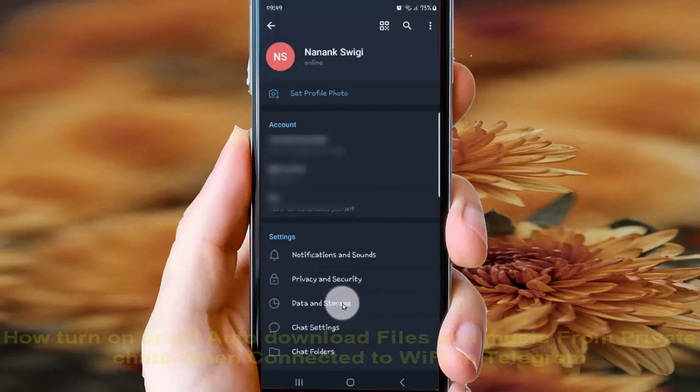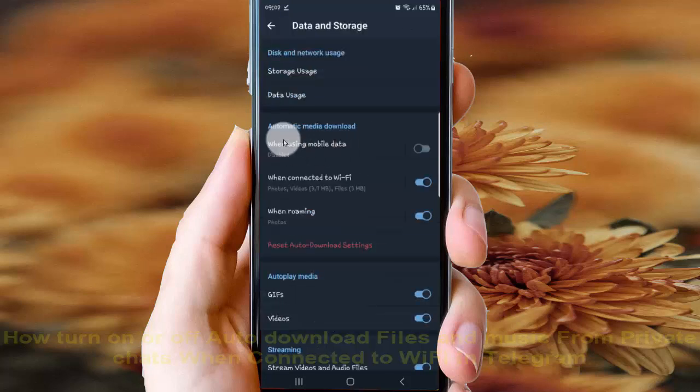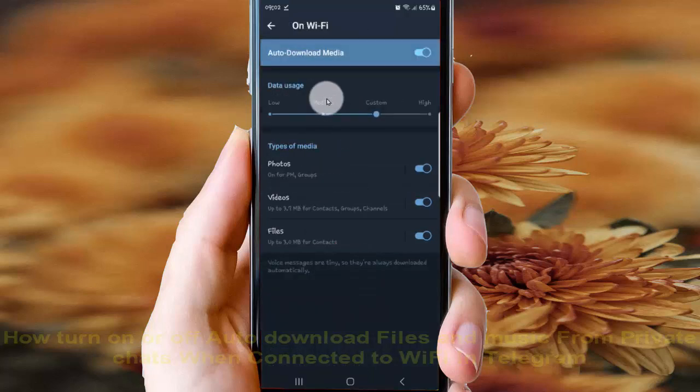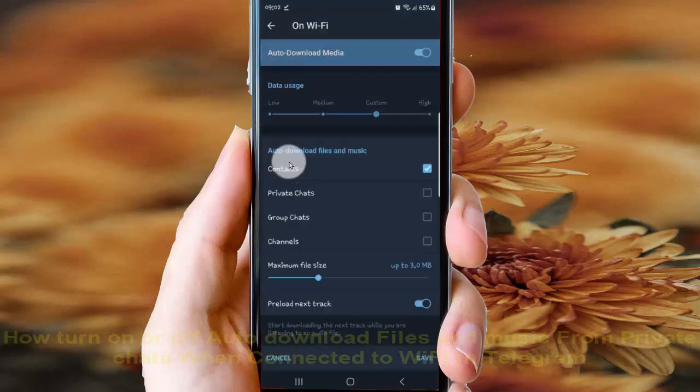and then tap data and storage, and then on automatic media download, select when connected to Wi-Fi, and then select files, and then on auto download files and music, select private chat,